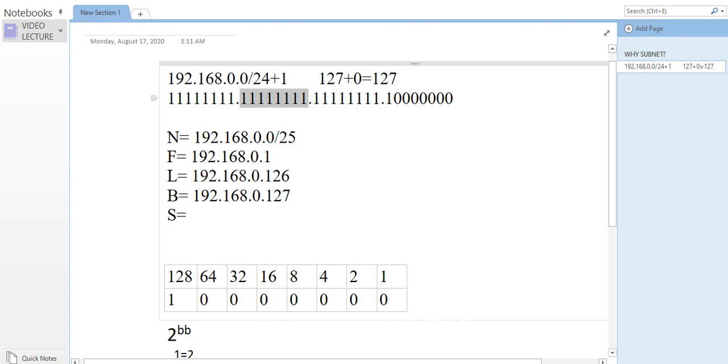If you convert the first octet into decimal, you have 255. The second, 255. The third, 255. And this 1 bit here, if you convert it to decimal, you remember the value of this one is 128. So your subnet mask now would not be the classful subnet mask, but it will be 255.255.255.128, because this bit that is borrowed,